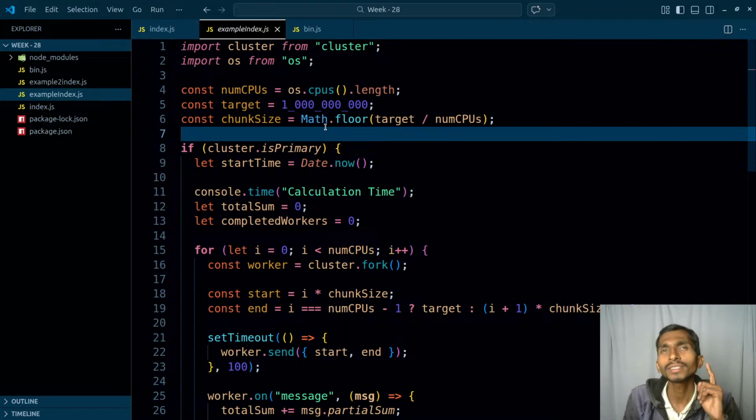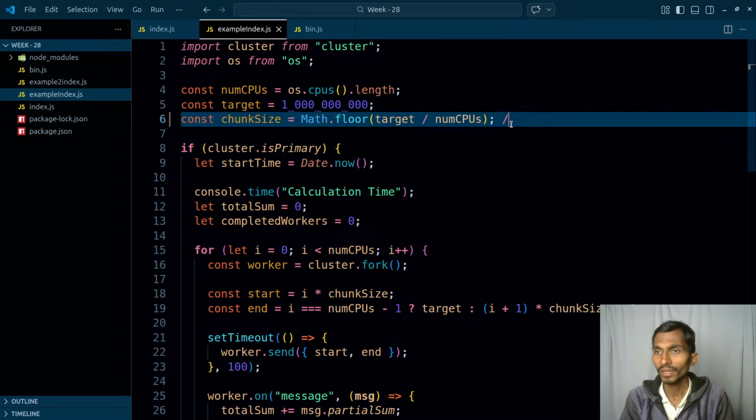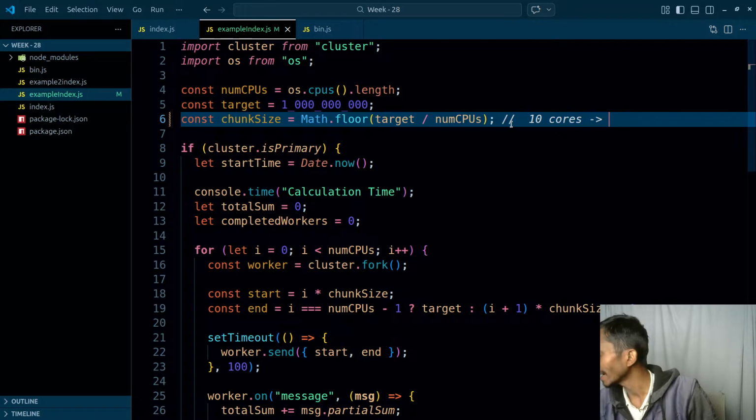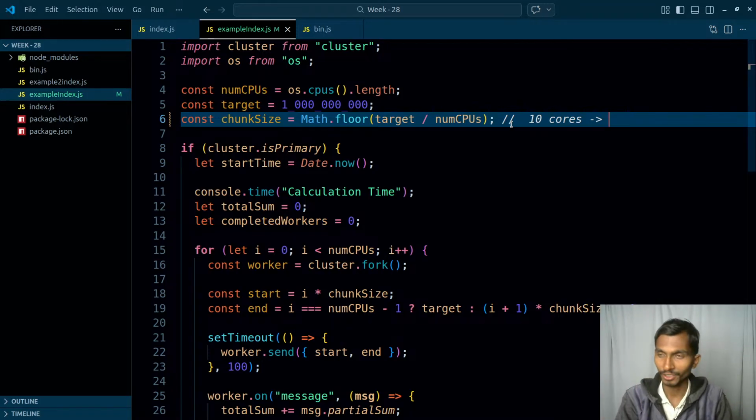Look, 10 to the power 6 is going to be 1 million. 10 to the power 9 is going to be 1 billion, right? So ultimately, what will I have? I will have, suppose I have 10 cores in my CPU. Okay, the alarm rang. I have to go right now, but never mind. I'll be back and then continue from here on.